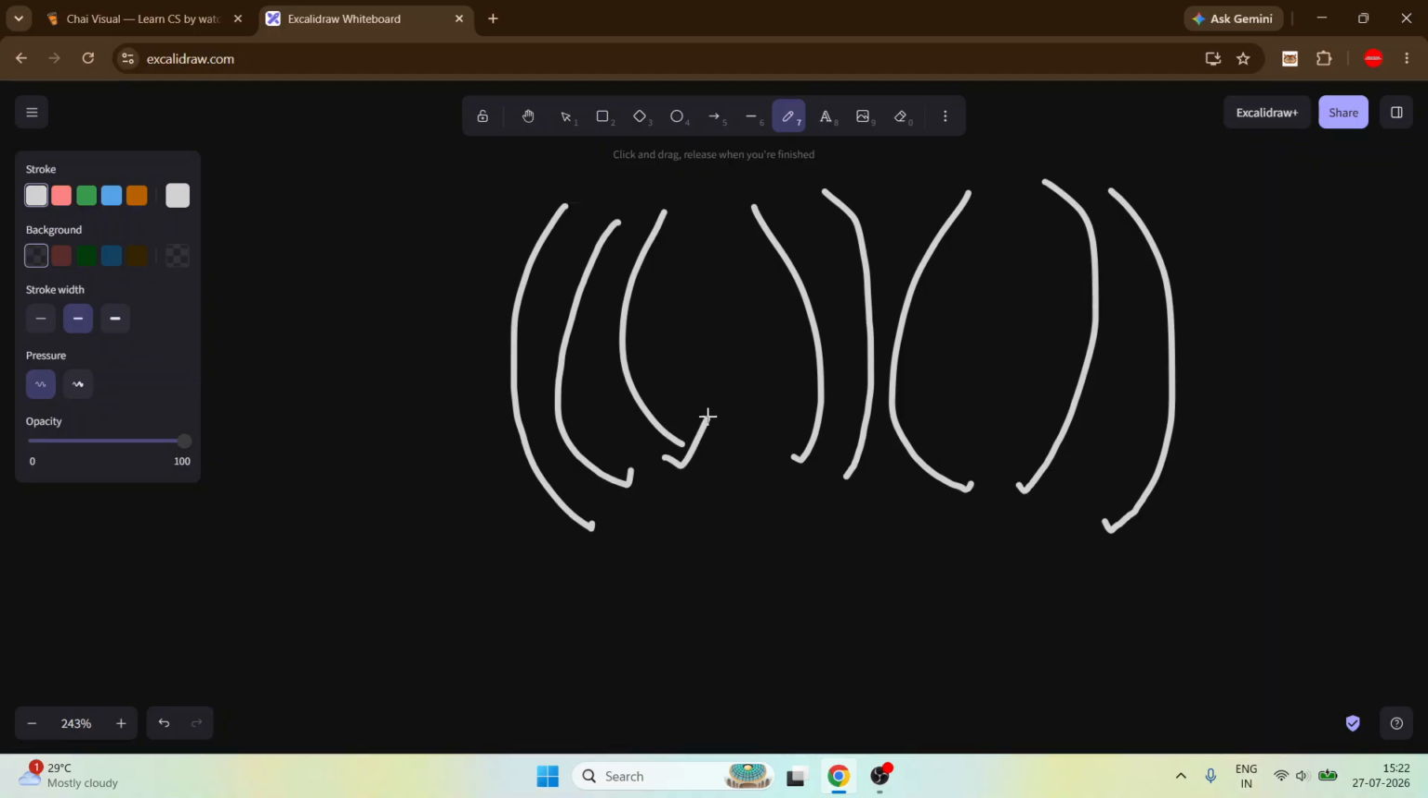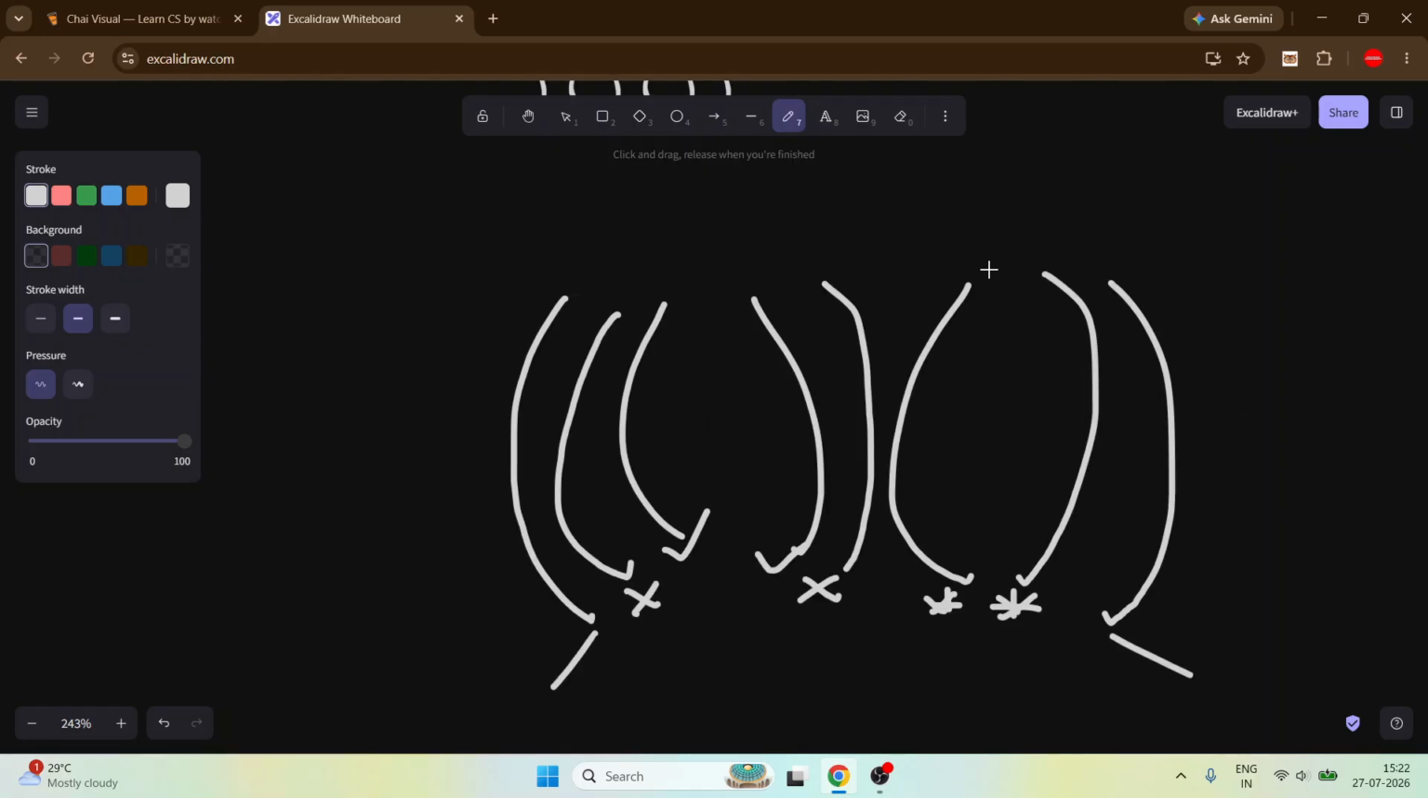So this is the opening one, this is the closing one, this is the opening one, this is the closing one, and so on. So this is our opening and closing brackets. Okay,